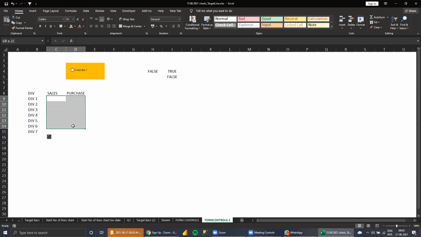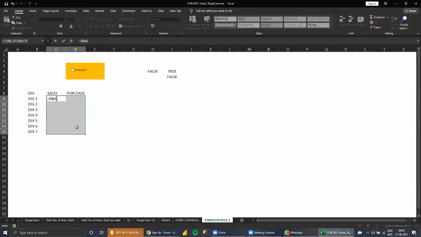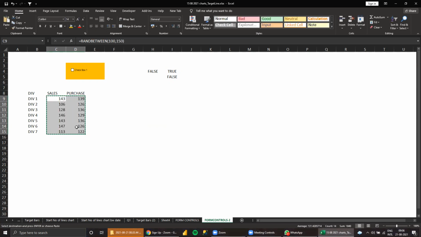You can link your data. I can do it, see. Very powerful, this combo box thing, the form controls, so make use of it. Maybe 150.